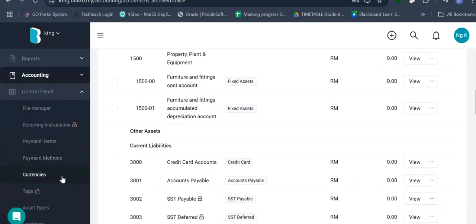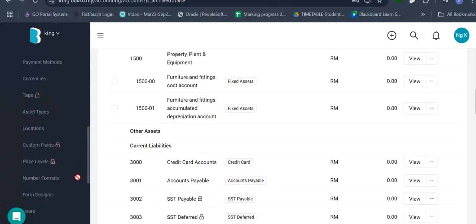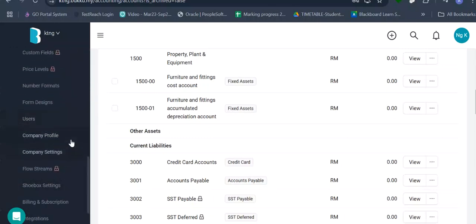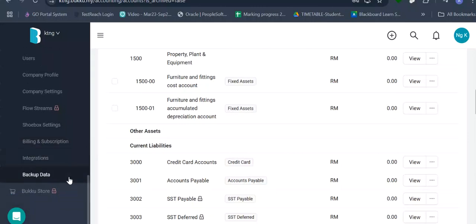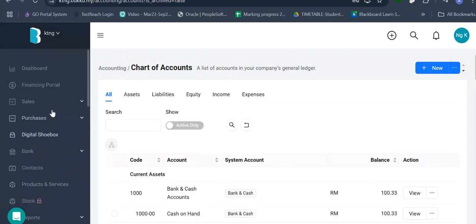Basically, we can change our currency and all this, but just now we already set up, isn't it? So we don't normally touch all these things. But then the store here, it's not within our subscription plan. Okay, so that is a little bit about the interface of this software.